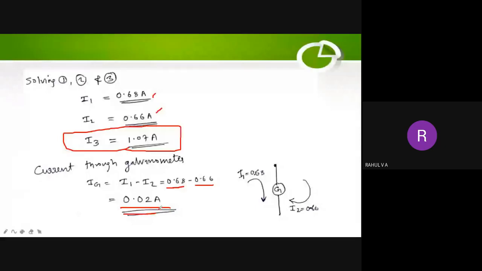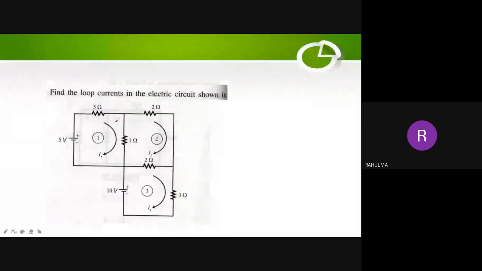Okay, so this is how you have to do. We have one more exercise here to do, but this I will give you as an assignment. Here also 3 meshes are there. So normally how they will do means they will be asking a circuit with 2 meshes for 6 marks, and most commonly they will be asking for 10 marks with 3 meshes. So any of these 3 questions will be coming for your final exam.